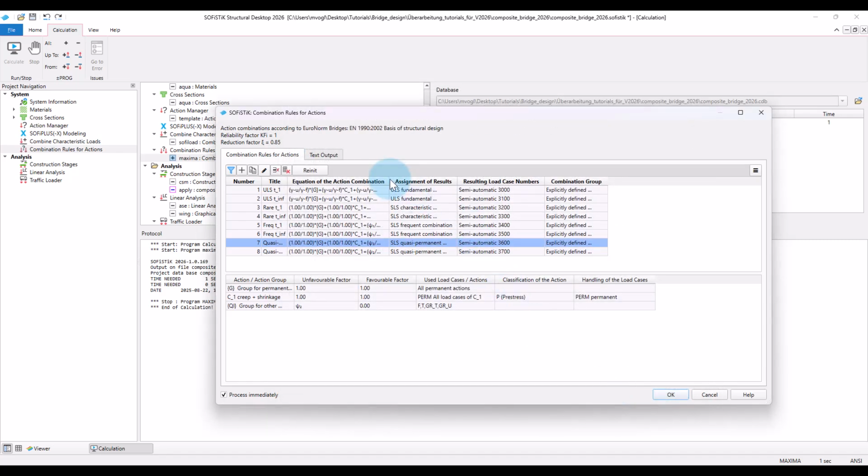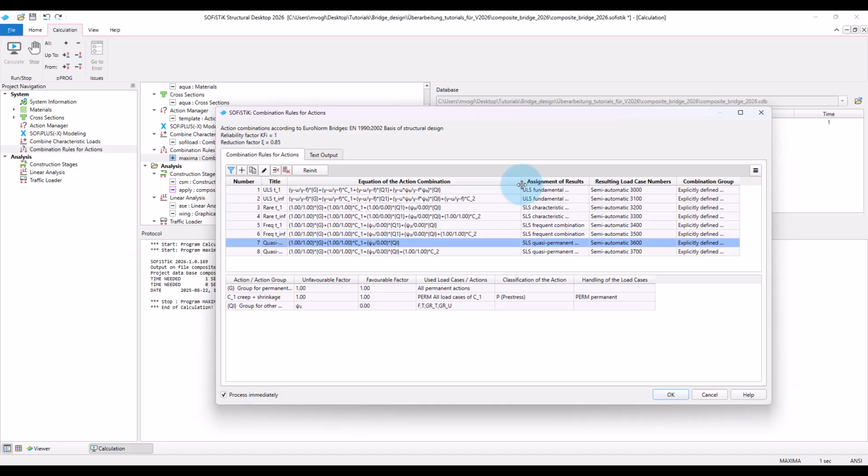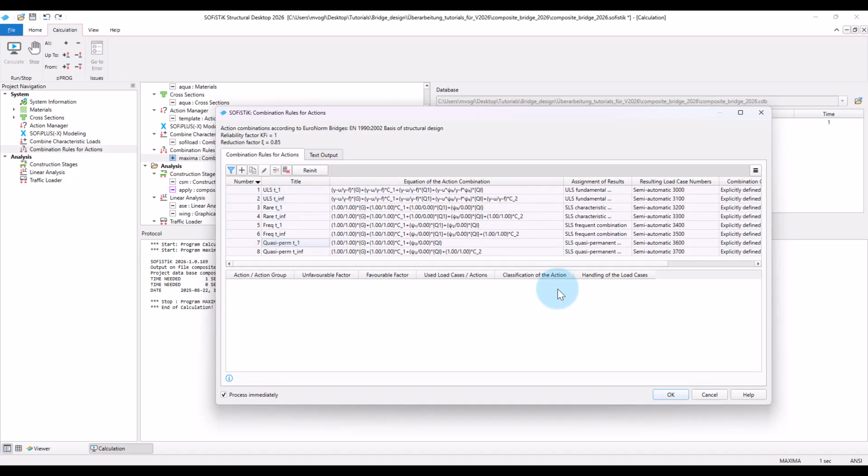Finally, we can check the created combination rules once again by checking the action combinations in the summary. Okay, and then create the combination rules.